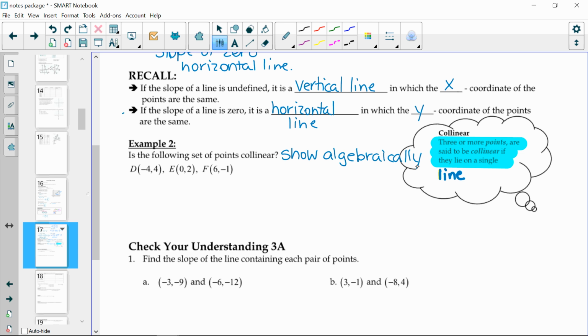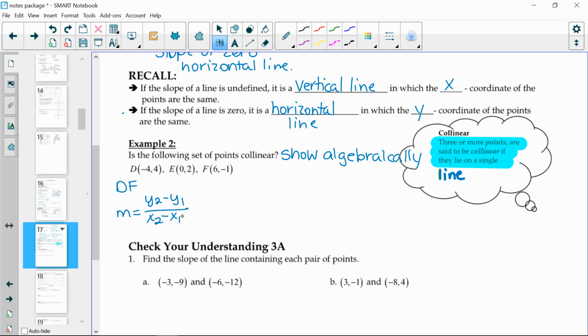Because if I gave you graph paper, sure, we can graph the points and we can see if they are on the same line. But what if we give you values where you can't show it that easily on a grid? I can change the values, make them anything I want, and you may not be able to show it on a graph. So we need to know how to do this algebraically. So the way that I would do this is I would take line DF and determine its slope. So m is y2 take away y1